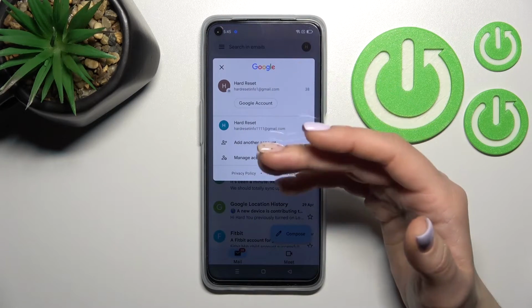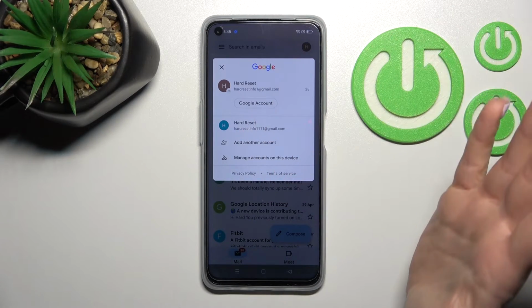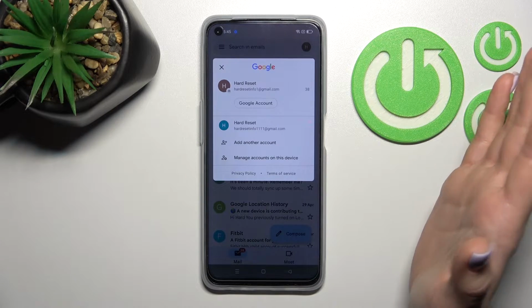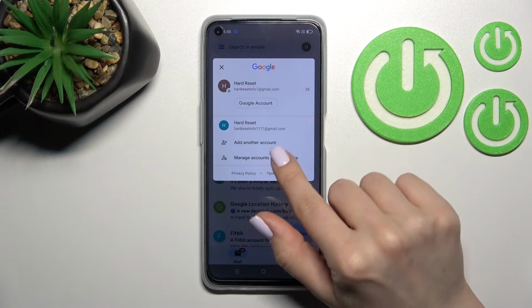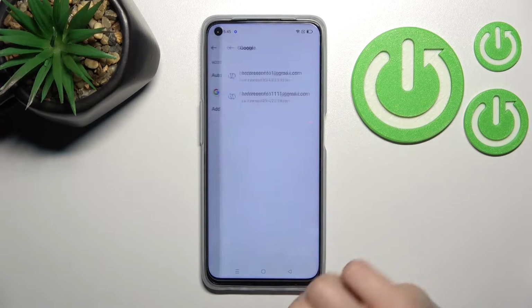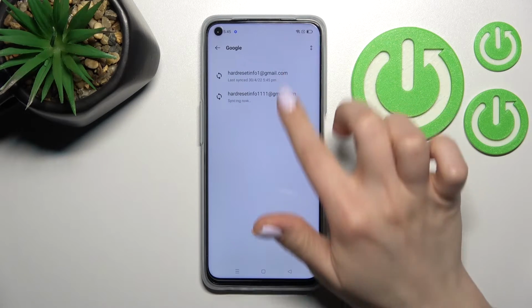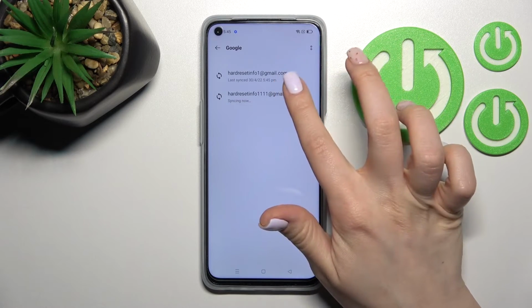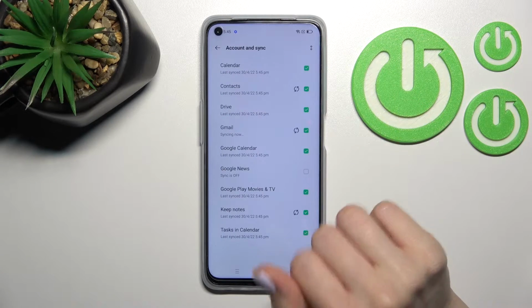But to do that, we should first log out from the Google account on this device. So how to do that? You should click on Manage Accounts on this device, and after that click on the Google section. Here you'll see there are two accounts, and now for example to log out from this one, click here, and